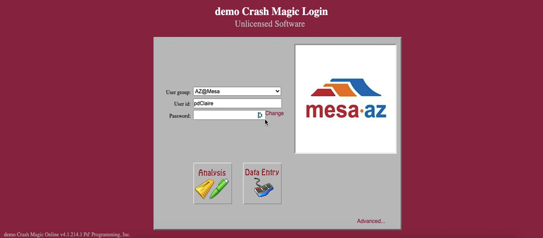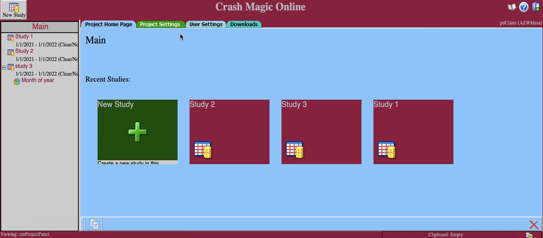So we're going to go ahead and log into the program. I'm just going to go ahead and put in my password. We're going to go into the analysis part of the program. And as you log in, so you see here, we have the project homepage, and you see I have 3 studies that we're going to